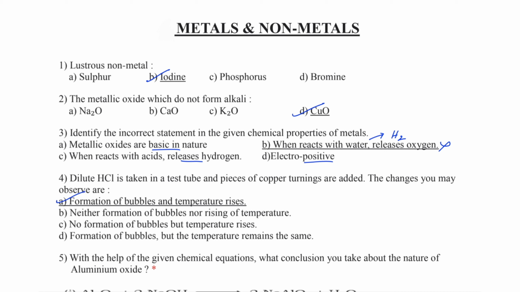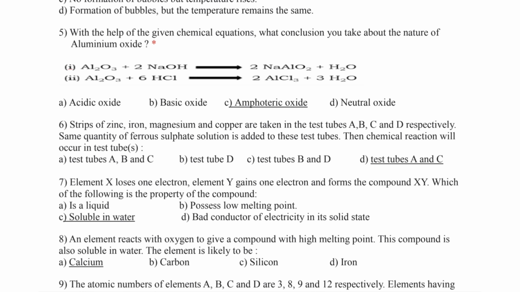When dilute HCl is added to the copper turnings that's taken, there hydrogen gas will be liberated. As a result, formation of bubble takes place and temperature of the reaction vessel will also increase. Question number 5. With the help of the given chemical equations, what conclusion you can take about the nature of aluminium oxide? So here if you observe the chemical reaction, in the first one you can see that aluminium oxide